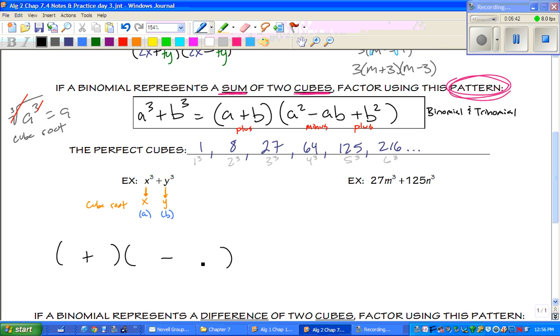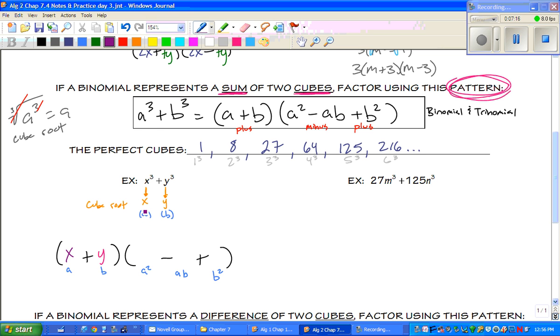Plus, minus, plus, that stays the same, okay? So, if you need to write out this is A, that's B, A squared, A times B, B squared, okay? So, A is just X. Actually, we're going to use colors for this. So, A is X, and B is what? Well, B is Y,